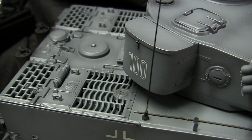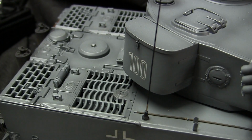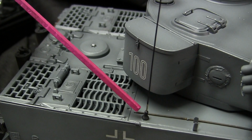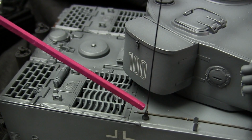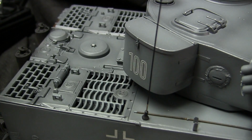I went ahead and removed the antenna from this location, deleted the hole via bodywork, and readjusted the antenna to its appropriate location. As for the antenna base, this is the one that comes with the Heng Long model, and what was modified, instead of using that long spring whip antenna that comes with the tank, I went ahead and drilled a hole in the center of the brass mount, soldered the antenna to the brass, and clipped the antenna